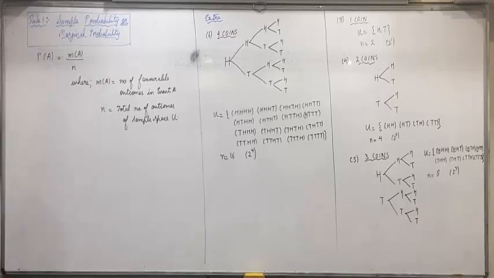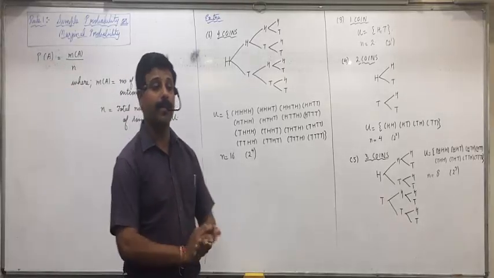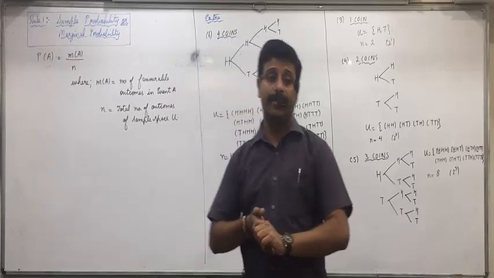Who all could get this on your own? So everyone is clear with how to get this sample space? Without any confusion? Clear or not clear? So these examples will come across again and again. Now listen carefully everyone.